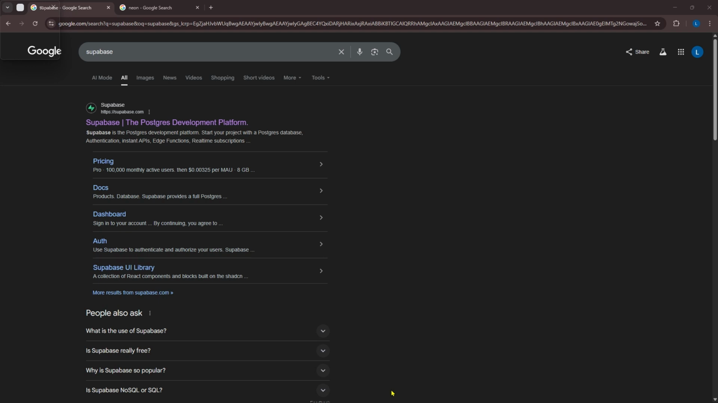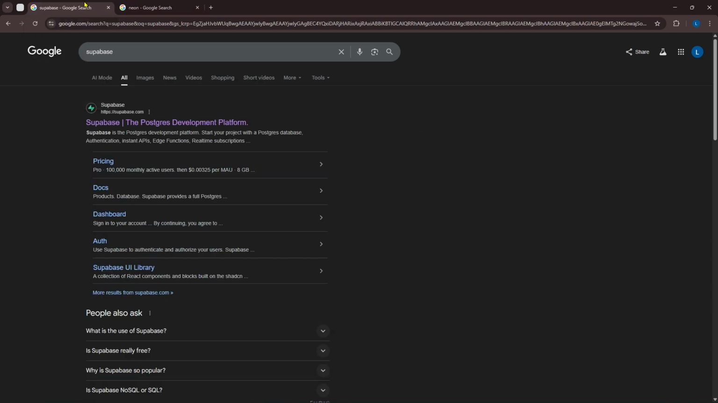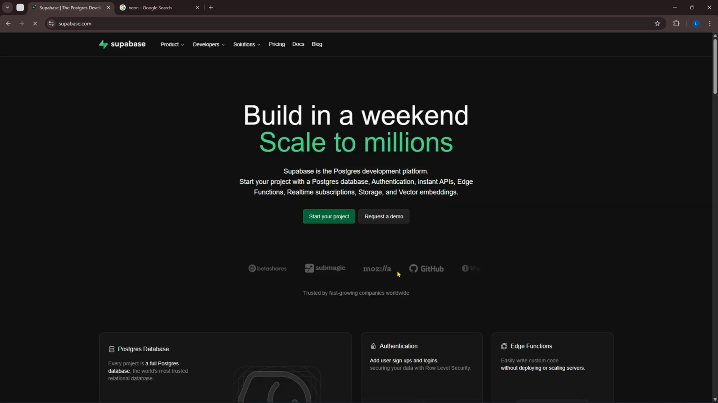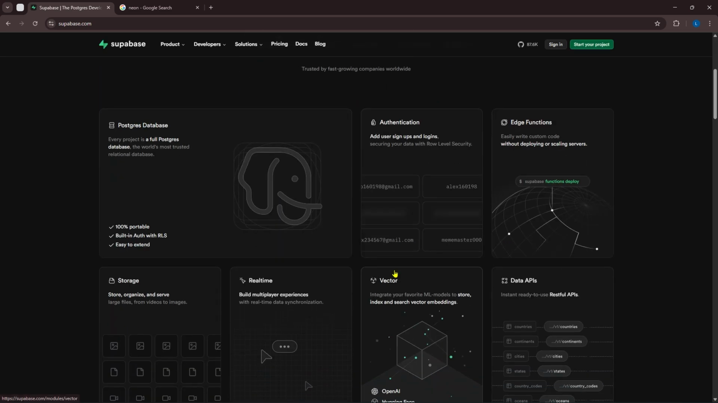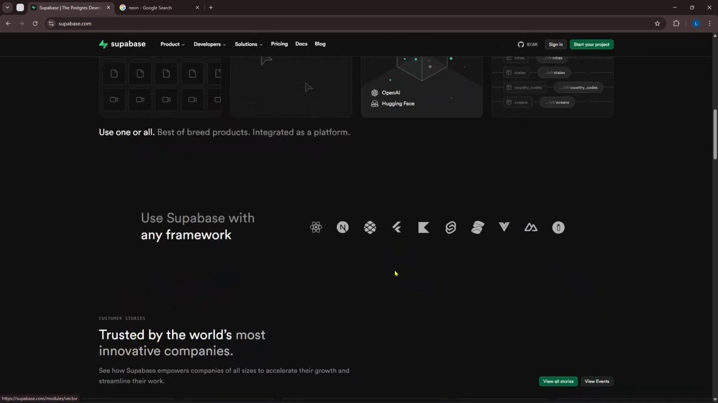Hi everyone, so in this year 2025, choosing between Supabase and Neon comes down to whether you want an all-in backend or a slick, serverless Postgres engine. So first, Supabase. Right here is the go-to for full-stack projects. It gives you hosted PostgreSQL with built-in Auth, real-time subscriptions, file storage, auto-generated APIs, and edge functions, all wrapped